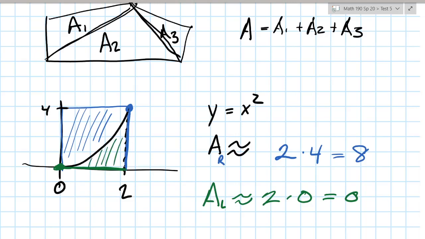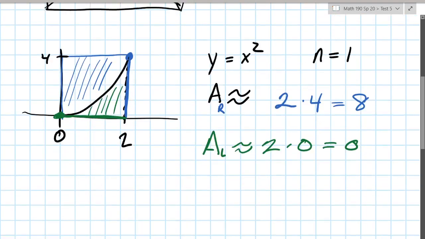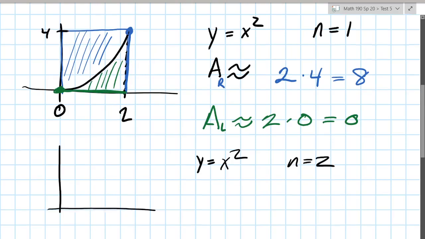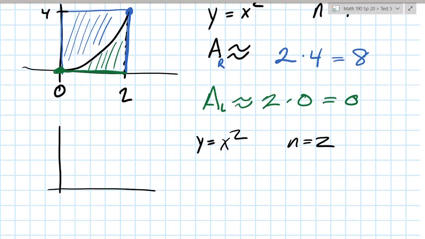You could imagine that perhaps 4, the midpoint between those, or the average of those, would probably give us a better estimate of the true area. In this case, we used one rectangle to find our area. A better estimate would be if we had used 2 rectangles to find my area. So what if instead of n equals 1, we used n equals 2? So here, if we have our curve,